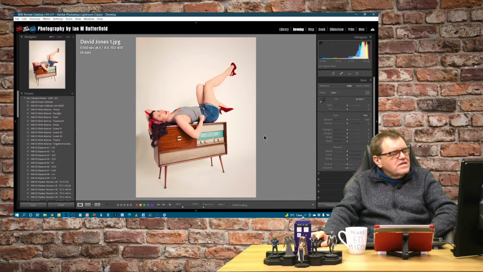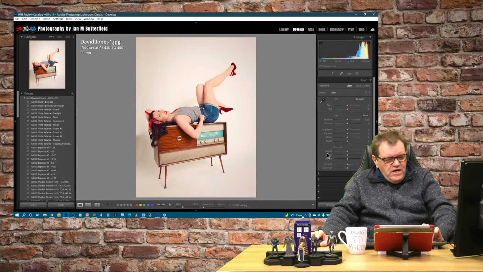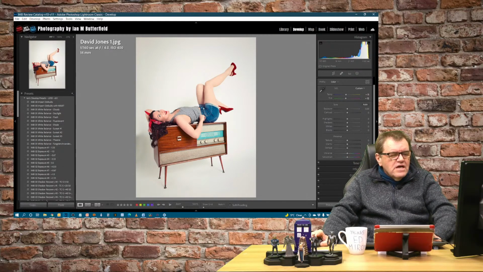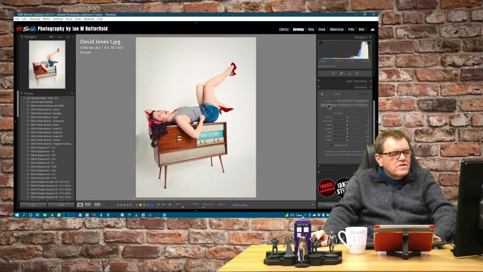I still think it would look better the other way around on the legs, because the argument about seeing the inside of the shoe, regardless of which way the legs are round, you're still going to see the same amount of shoe on there. So I would switch it. It does appear to have a bit of a tilt to it, so I'm going to go into develop, and I don't like the colour tone on there, so I'm going to just correct that very slightly back to what I think is a more natural, and I am going to just transform this.